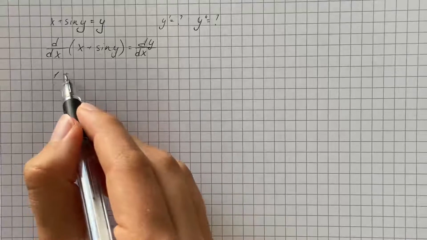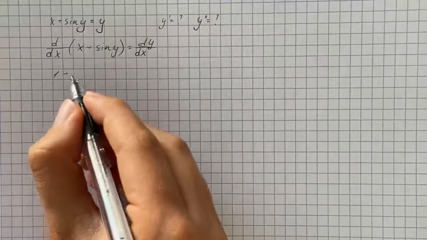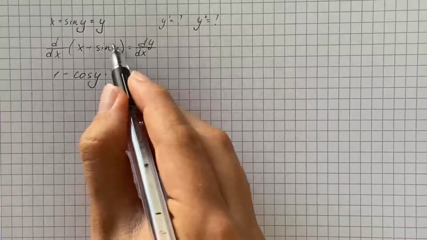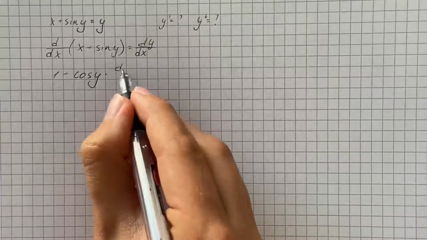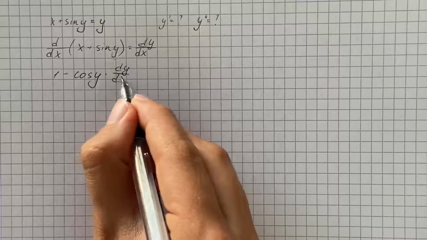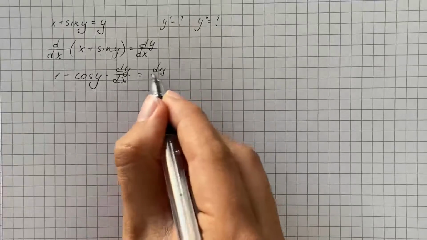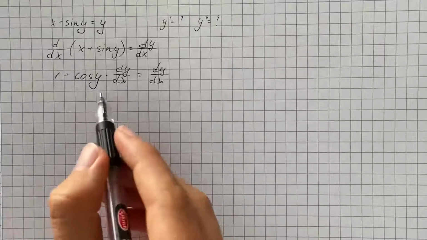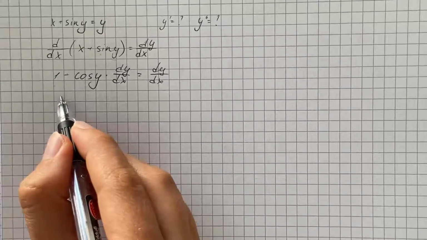So at first we take derivative of sine function, and that's going to be cosine of y, and then multiply by derivative of inner function, which is y, so that's going to be times derivative of y with respect to x. And now we're going to isolate derivative of y with respect to x, so that's going to be just